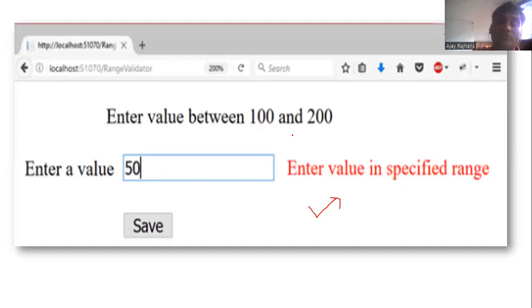Okay, so now students, this was a very good topic, the validations in ASP.NET according to the range and required field validator. So hope you like